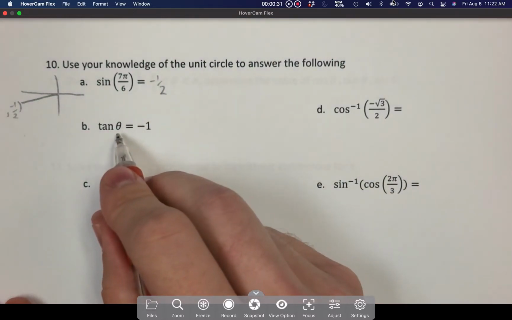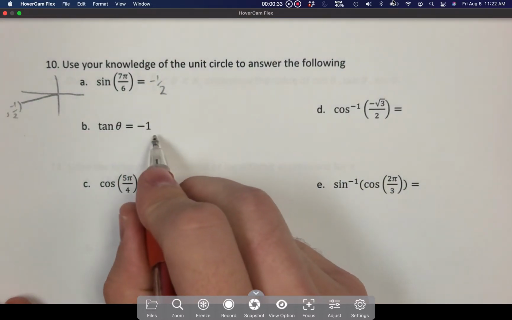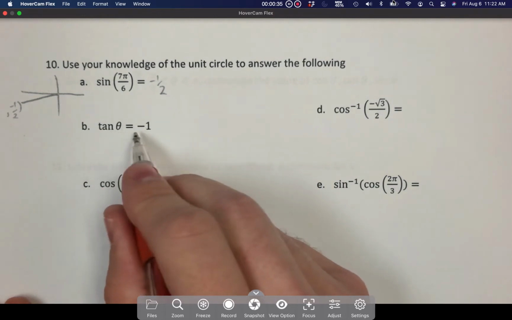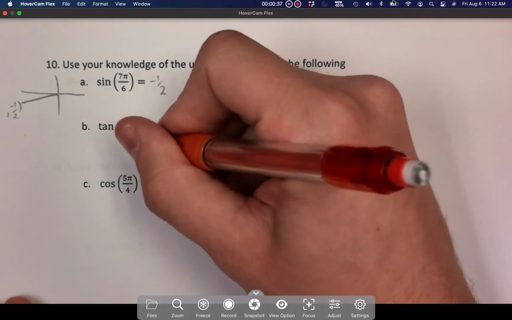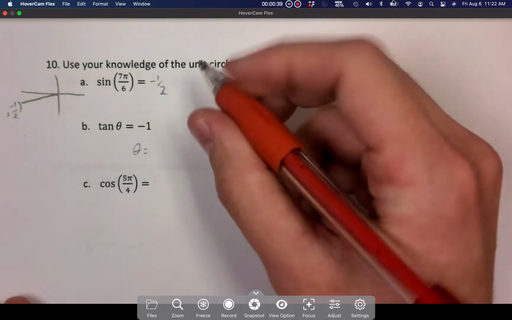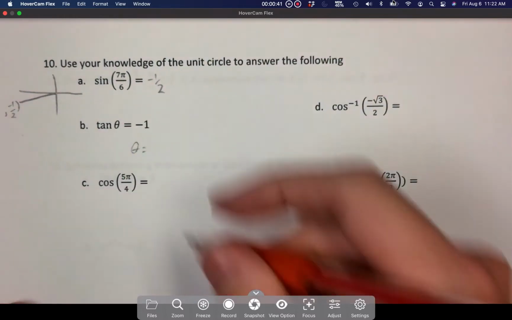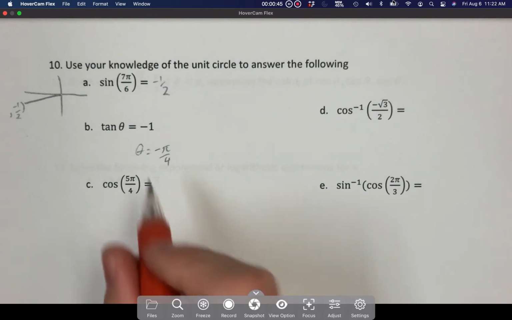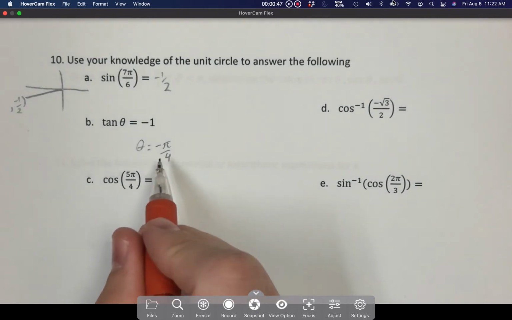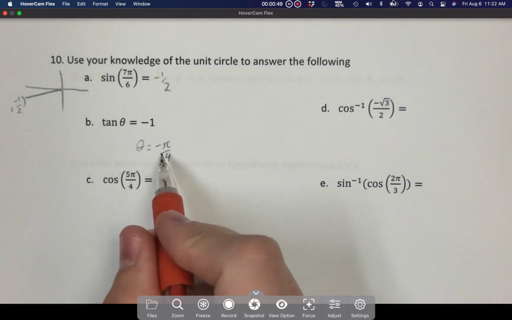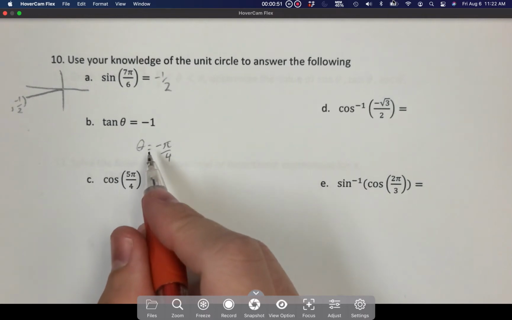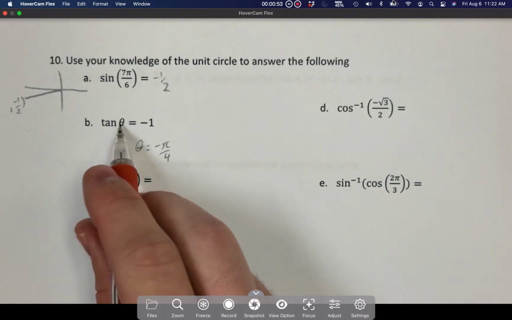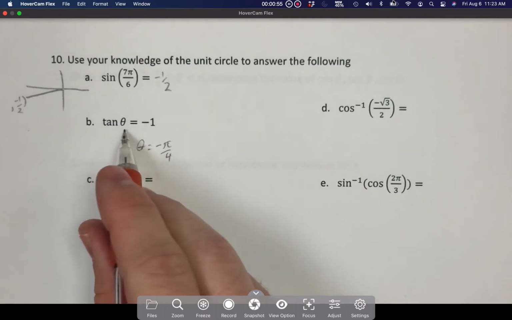Tangent theta is equal to negative 1. So that's saying, well, what is the theta where that's true? The theta where that's true is at, let's see here, negative pi over 4. So negative pi over 4. The answer is not 3 pi over 4. The answer is not 7 pi over 4. The answer is negative pi over 4, because the way you're going to isolate this theta is by taking tangent